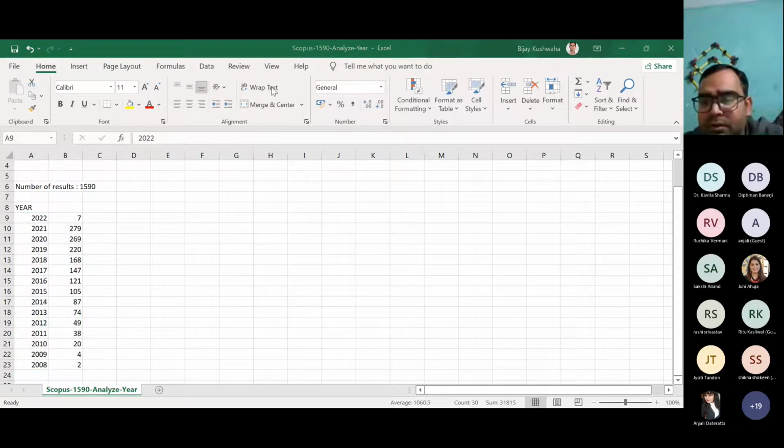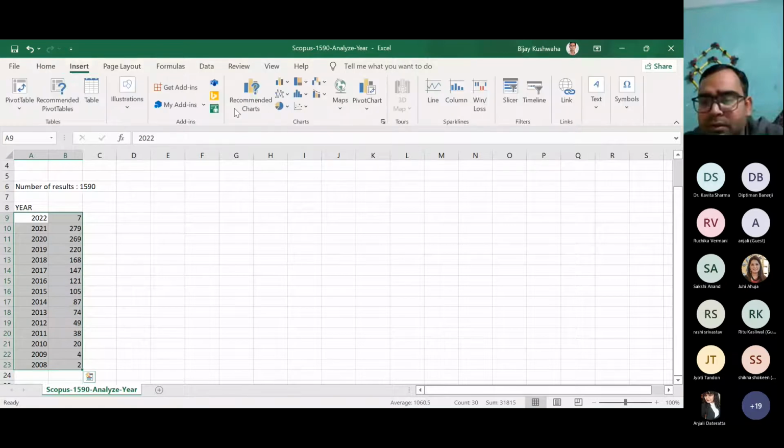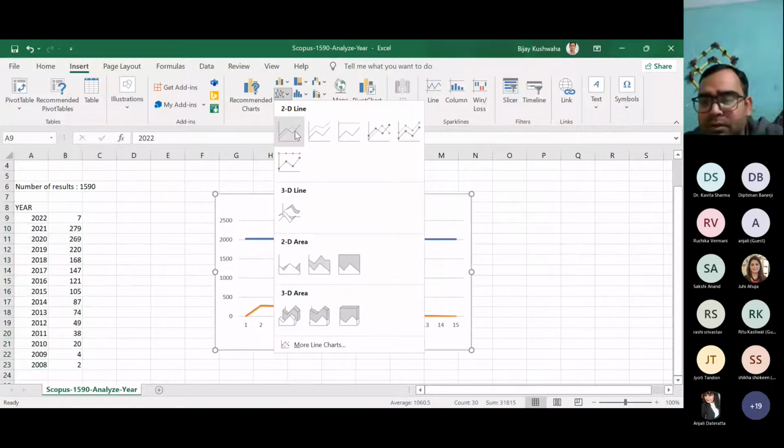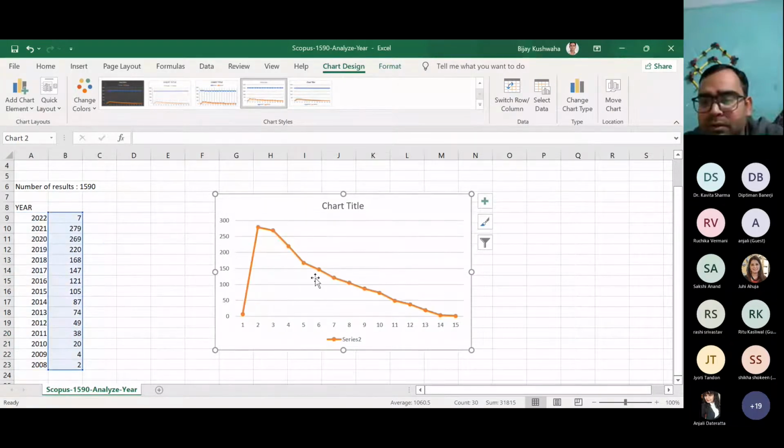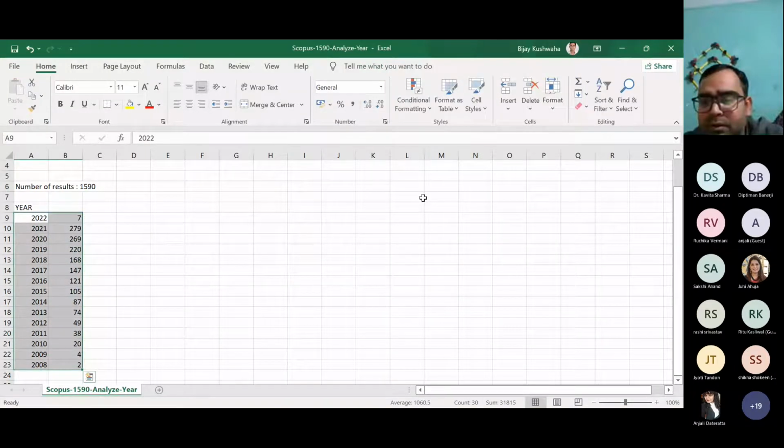By mistake, I pressed the power button. I'm sorry for that. Let me create one line diagram. So from here, we can create any kind of line diagram, and you can create it like this, or in a different way also.